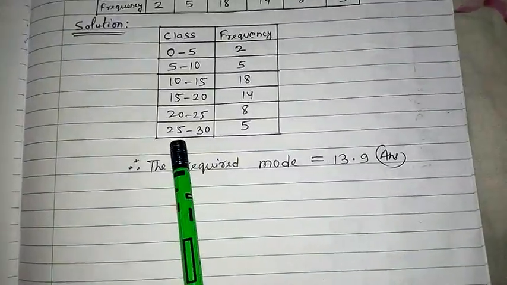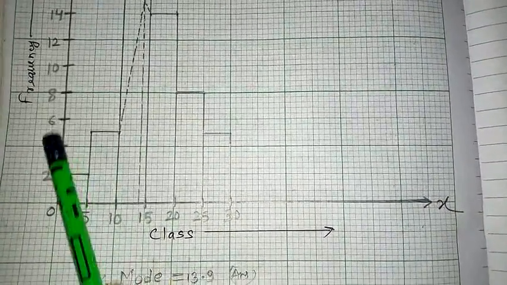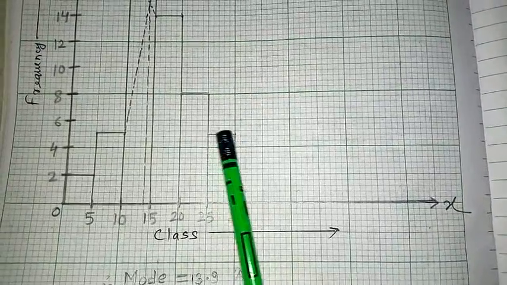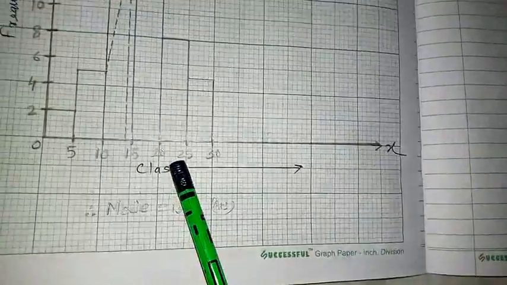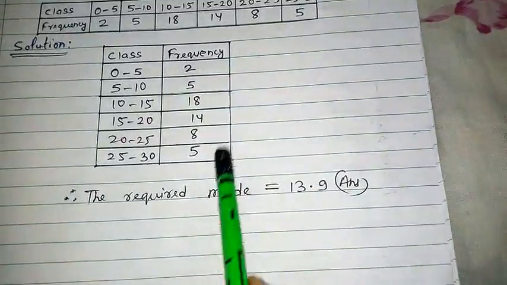So very easy. 25 to 30 is 5. So 25 to 30 is 5. 5 you can see again, it is between 4 and 6. So very easy. Just you have to take the middle portion and you can drop it in the 25 to 30 like this. So now what we'll do here, we have to take the highest value of frequency, it is